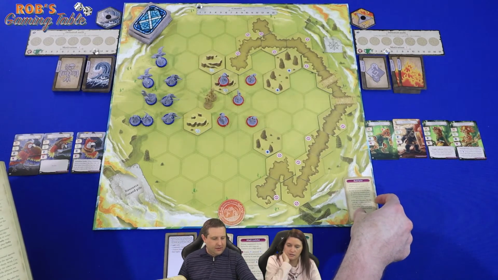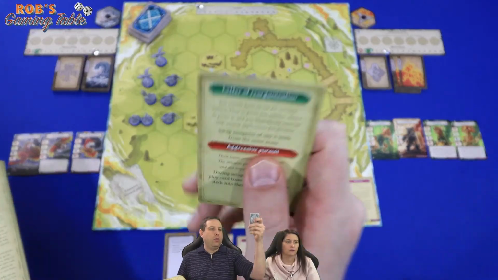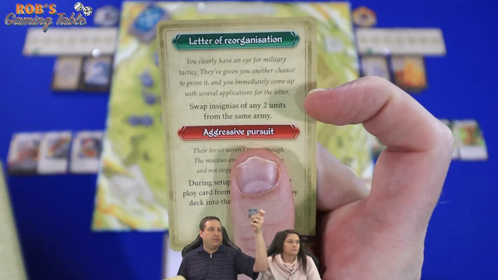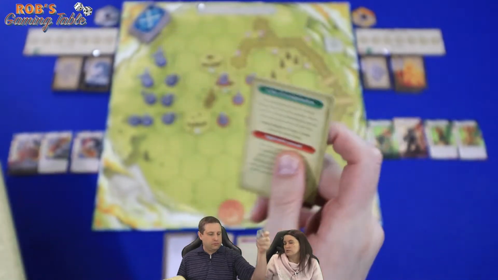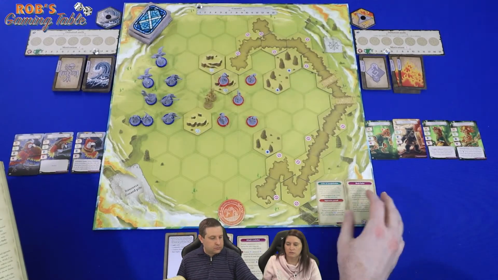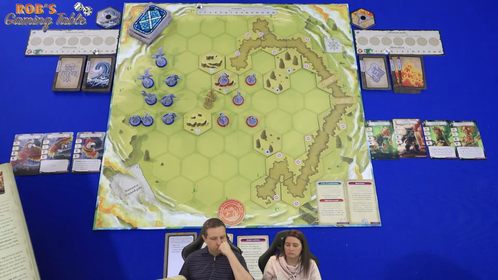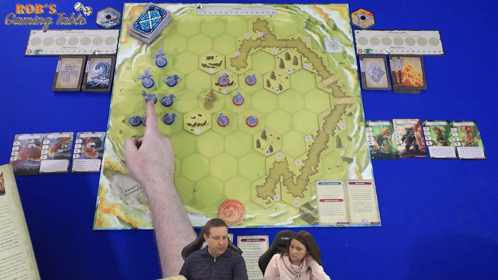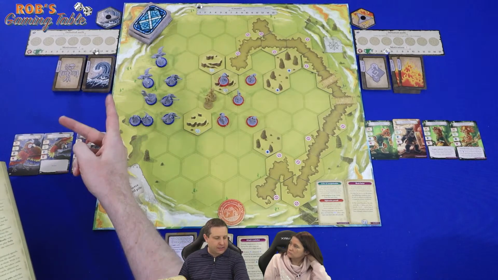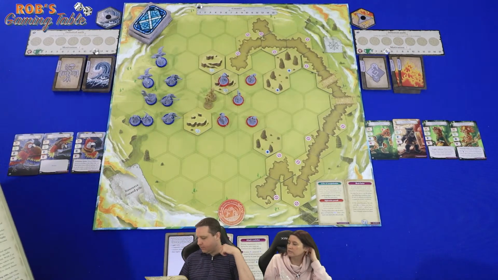So we have that. This we have as well from our outcome. So we can do the bonus on this at any point: swap insignias of any 2 units from the same army. So maybe if we don't want somebody to activate, we might want to switch their base. We can only do this once, so we could stop this leader from moving by swapping insignias. Or if somebody was going to attack and take out a leader of the opposite side, we could...